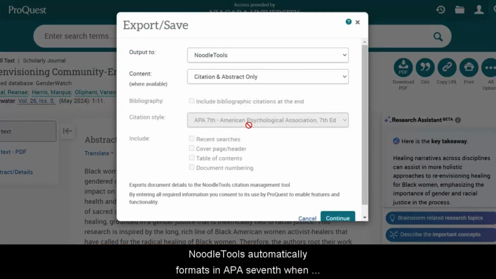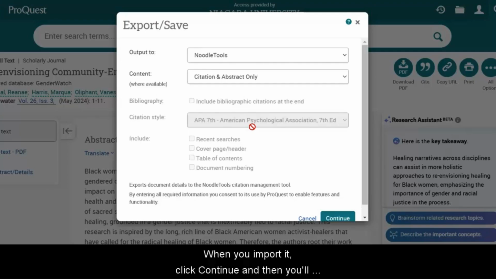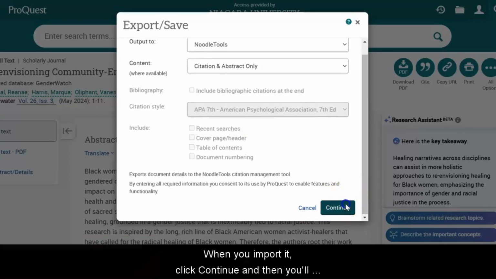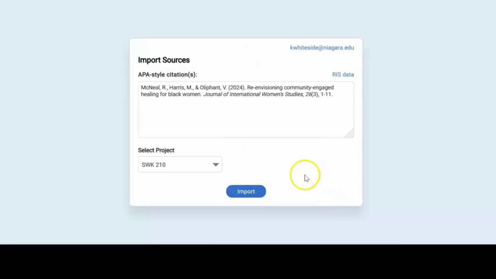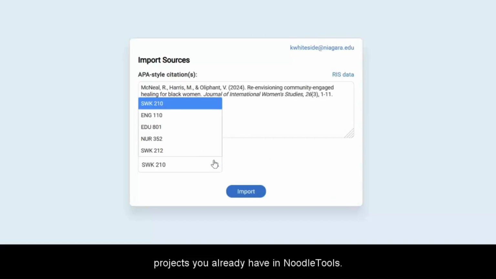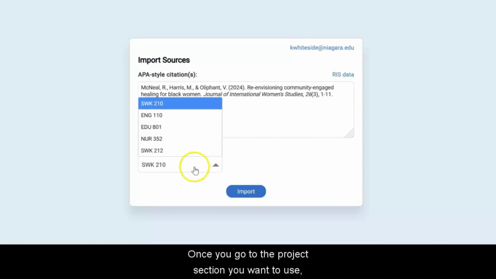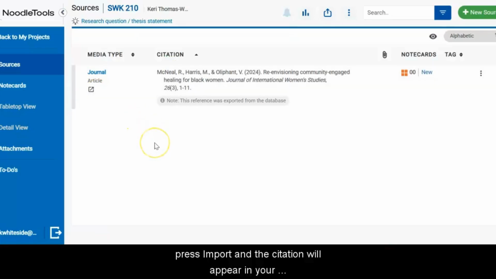NoodleTools automatically formats in APA 7th when it's exporting, but don't worry, it will switch to the citation you selected in NoodleTools. For example, if your project is an MLA, it will switch to MLA in NoodleTools when you import it. Click Continue, and then you will see the export taking place. You'll select the project that you wish to use from the projects you already have in NoodleTools. Once you go to the project section you want to use, press Import, and the citation will appear in your